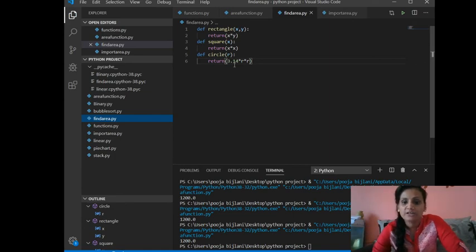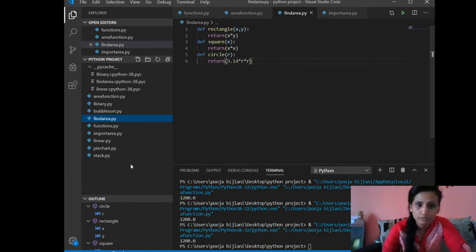A module is a collection of function definitions that later on, if in any other program we require to find area of rectangle, square, circle, we can, as per the use in that program, import the file that is findarea.py and import a particular function definition to do the work.